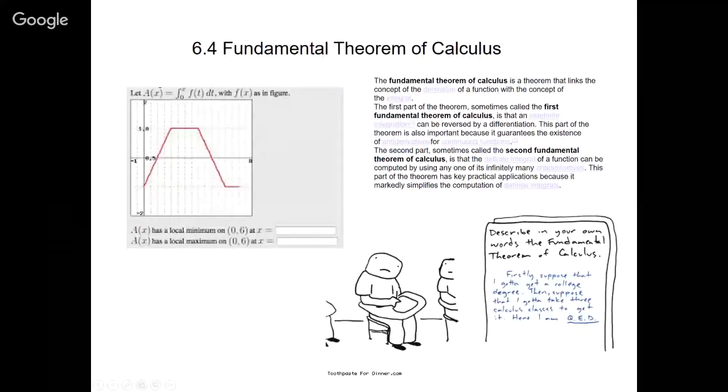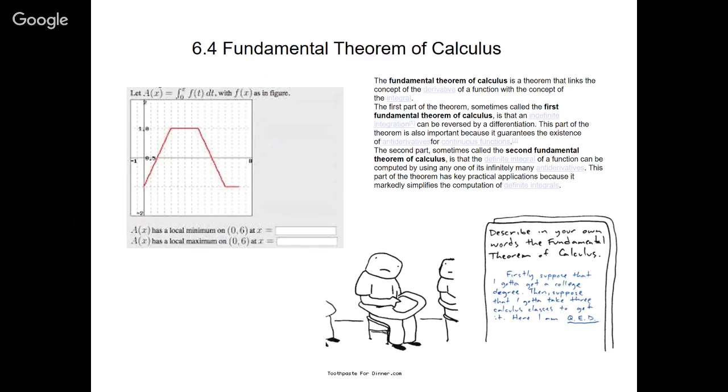Fundamental theorem of calculus. This is 6.4, fundamental theorem of calculus, and we talked a little bit about the fundamental theorem of calculus part 1 and part 2 in class last time we met, and I wanted to put a cartoon up here to